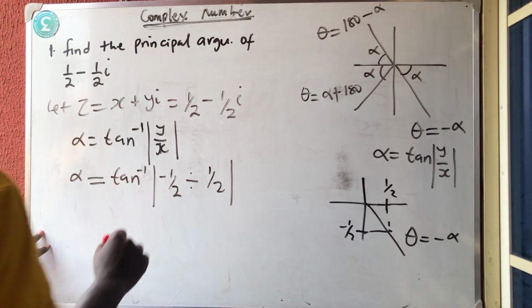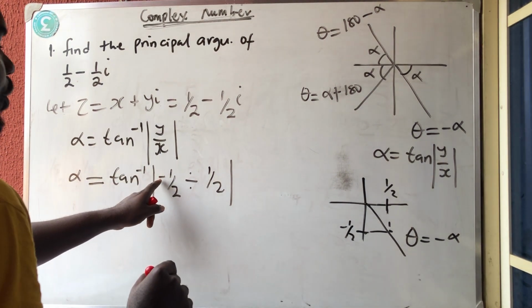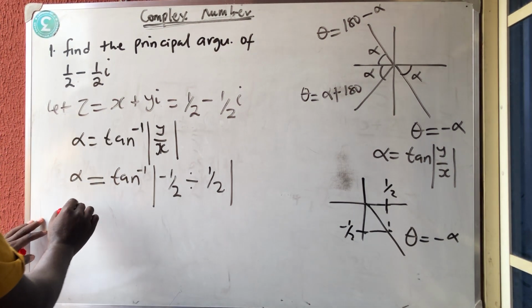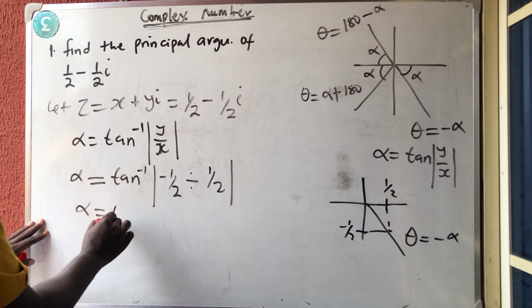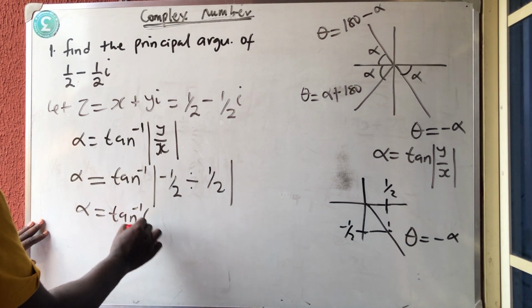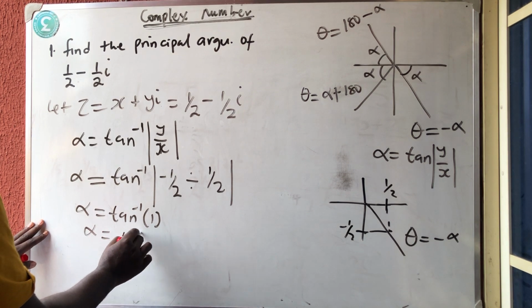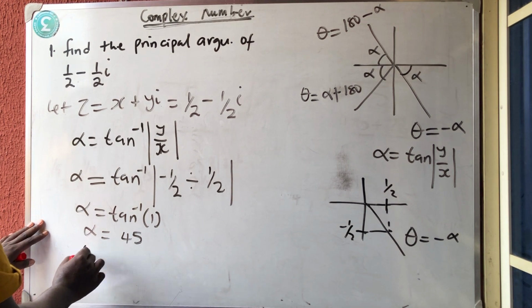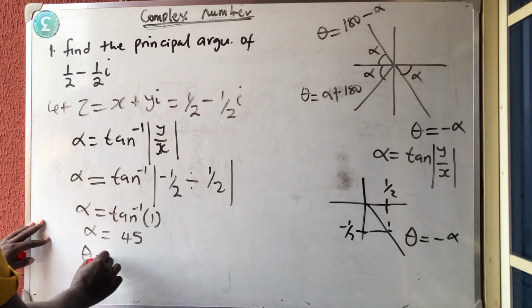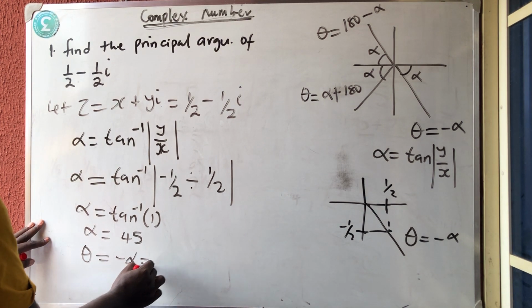Whenever anything divides itself, the answer is 1. Because of this minus, the absolute value will take care of the minus. So my alpha is equal to tan inverse of 1. And tan inverse of 1 is what? Tan what to give you 1? 45. So my theta, the principal argument theta, is equal to minus alpha, which is